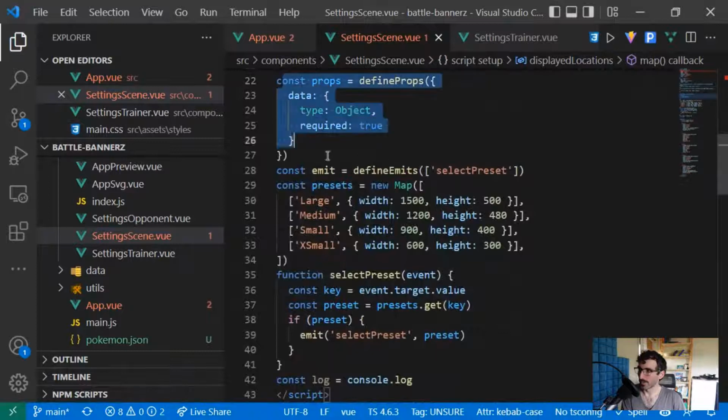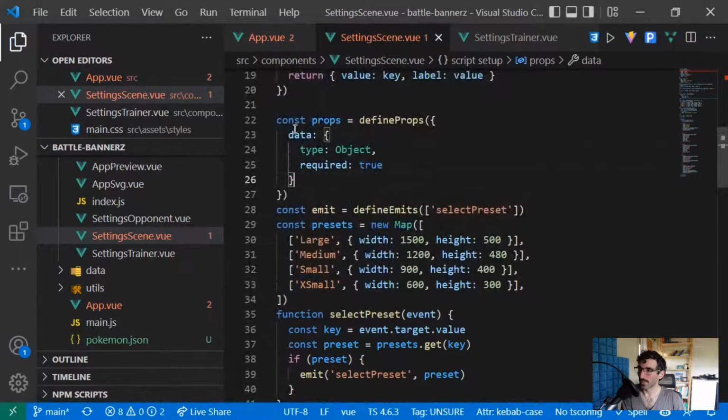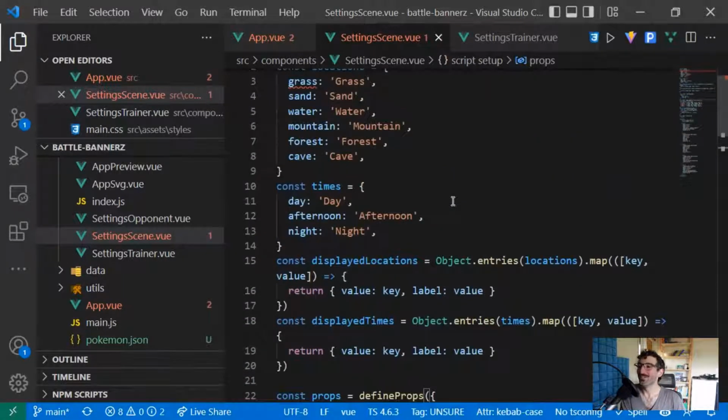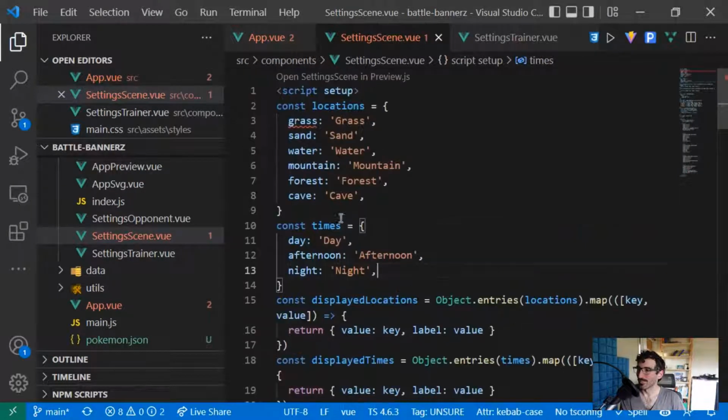And then we define some props that this component is expecting to receive. It's going to receive an object called data, which is required. I need to figure out the TypeScripty way to put the annotation on this data. Two functions that do the exact same thing. All right, fine. We're gonna say,